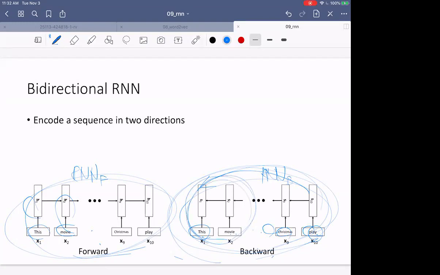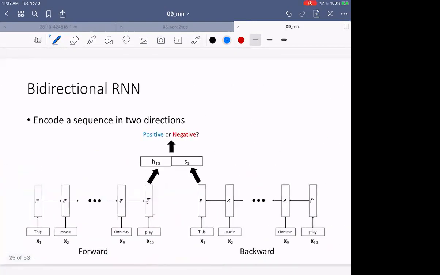If you do this, then this model will never forget the first two words, this movie. It might forget the last words in the Christmas play, but this part is protected from here. The forward RNN will remember the last words more clearly, and the backward RNN will remember the first words more clearly, and so they complement each other. So what you typically do is you take H10 and S1 from both RNNs, and then you just concatenate them,